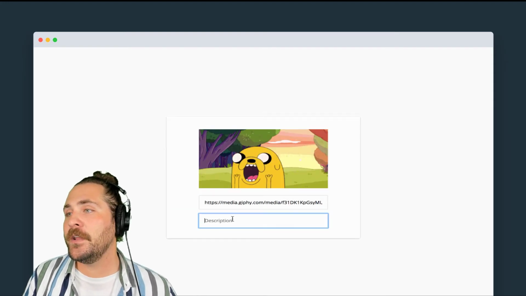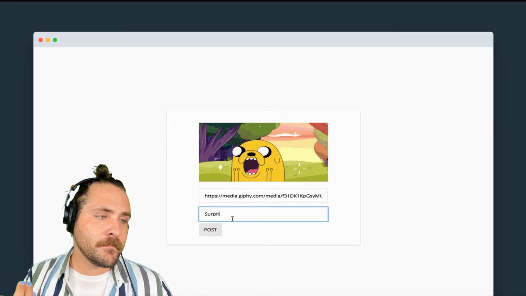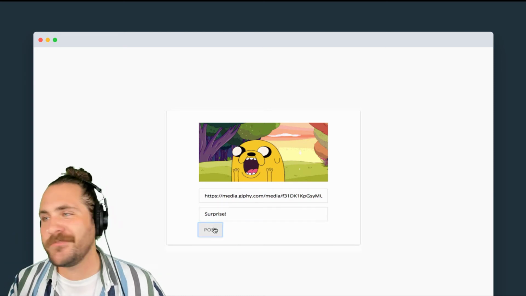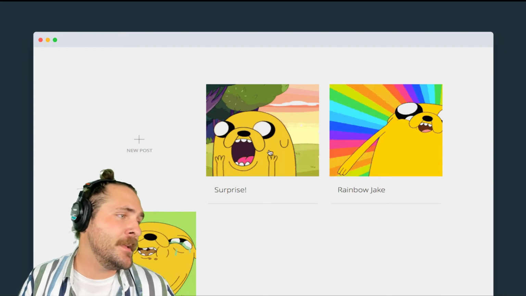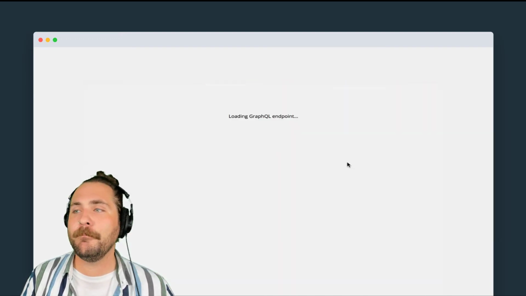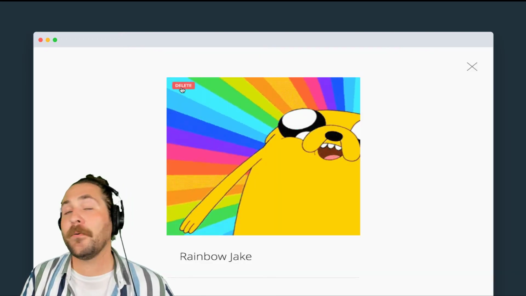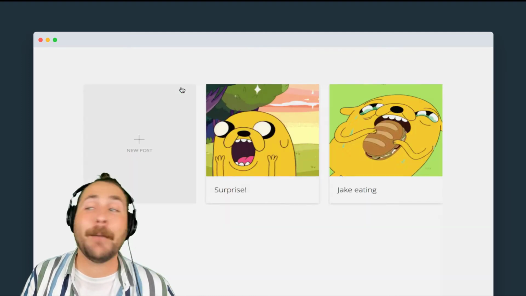Basically, it allows you to host images or show images on the web and give a little description to it. But it's hosted in a MongoDB database. And it's got all the basic get, post, put, update, delete operations you're used to with a typical RESTful application.